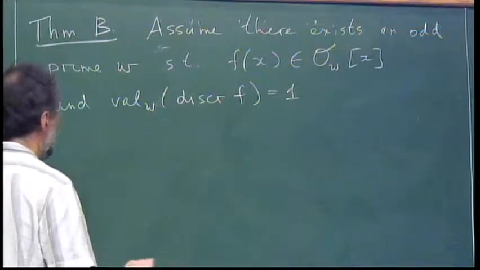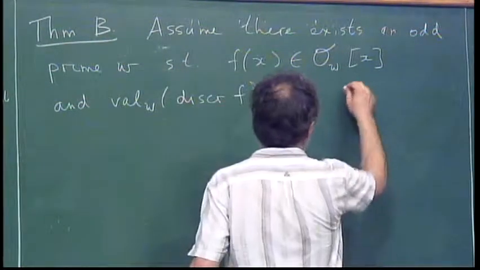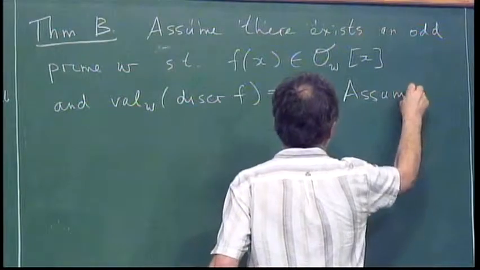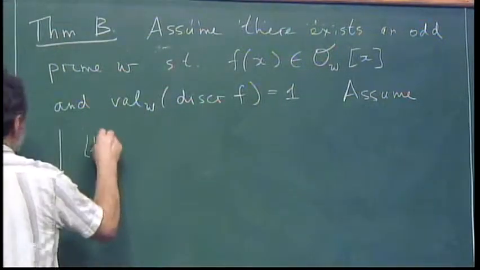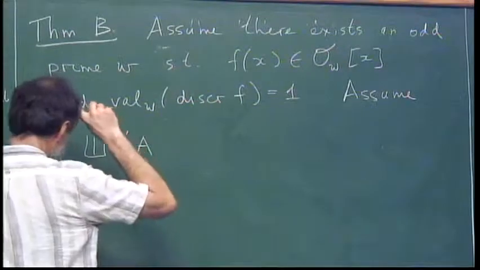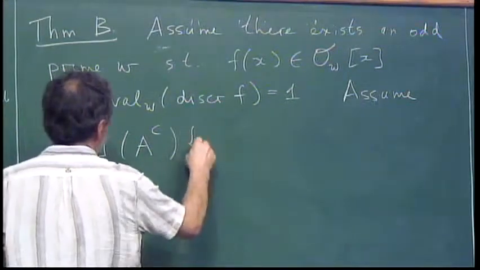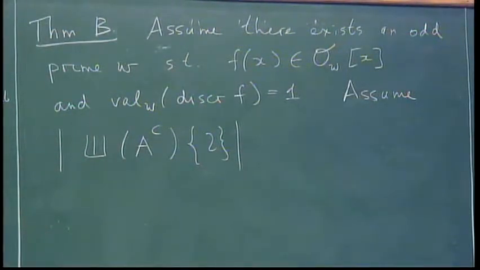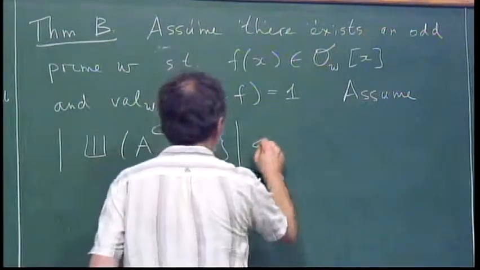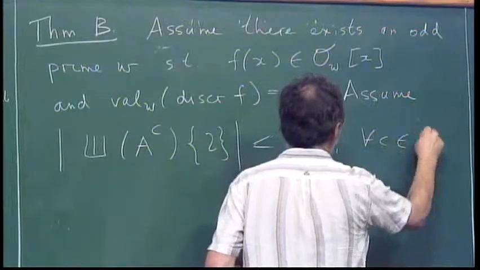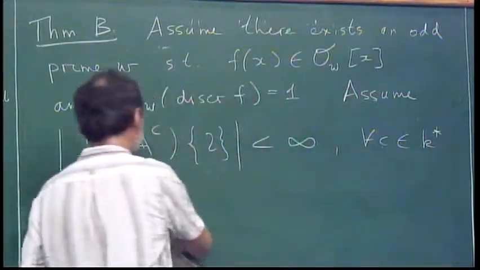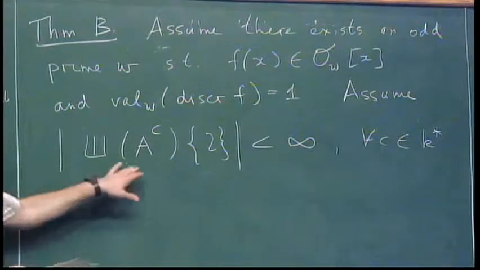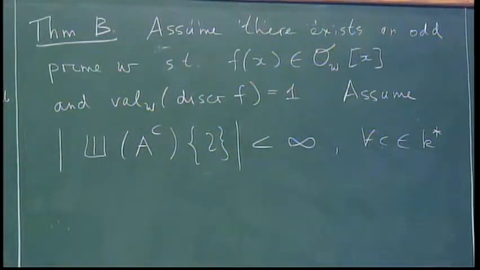Now, similarly, I'll have to assume that psi is finite. And again, this is required for the two primary part of the Tate-Shafarevich group of basically any quadratic twist of A, the Jacobian of C. Okay, so let me now write down that this notation stands for the quadratic twist of A. And then